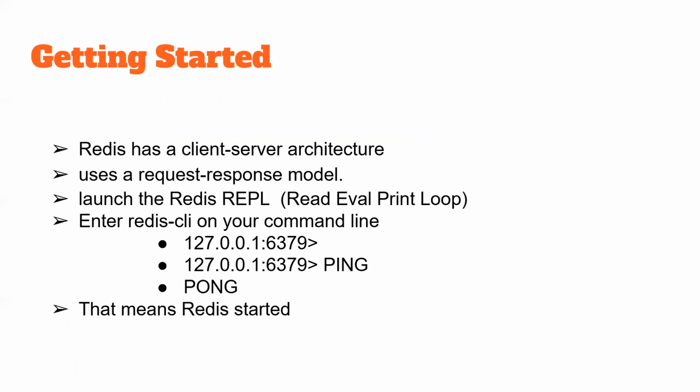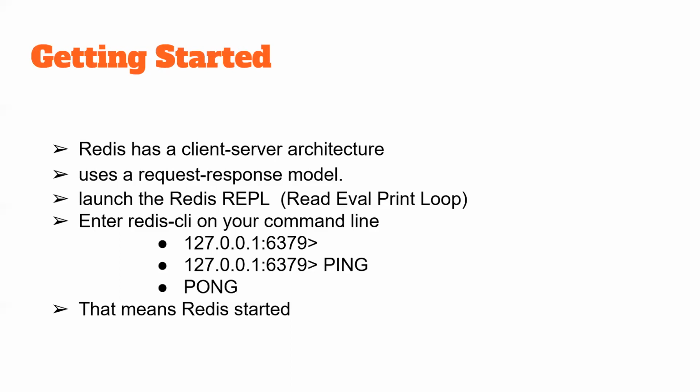So, getting started with it. Redis has a client-server architecture and uses a request-response model. This means that the client connects to the Redis server through a TCP connection on port 6379 by default. You request some action, like reading, writing, setting, and updating, and the server sends you back a response. There can be many clients talking to the same server, which is really what Redis or any client-server application is all about. Each client typically does a blocking read on a socket, waiting for the server response.